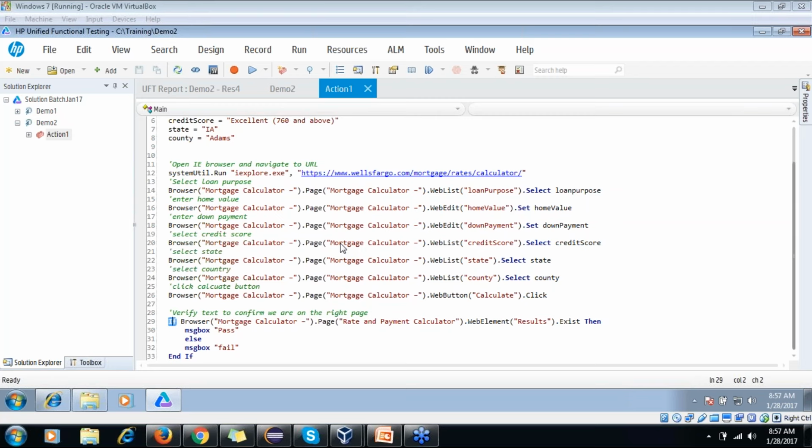But nowadays applications are becoming so complex and you have to handle various things, so record and replay will not help. If you're not from a coding background, don't worry, start from the basics, learn step by step, and you'll be able to get good at coding. Okay.